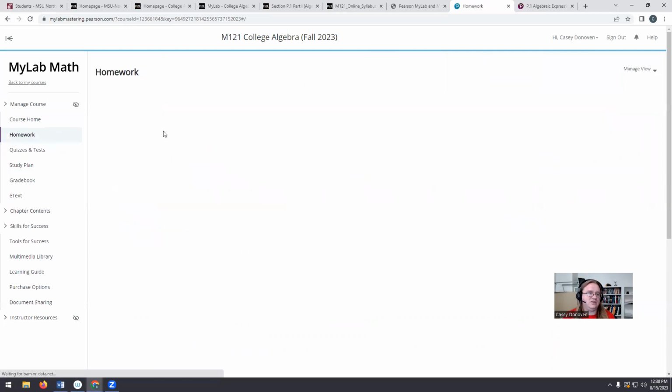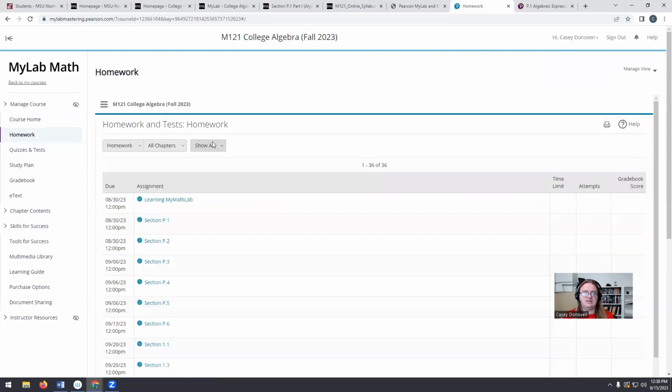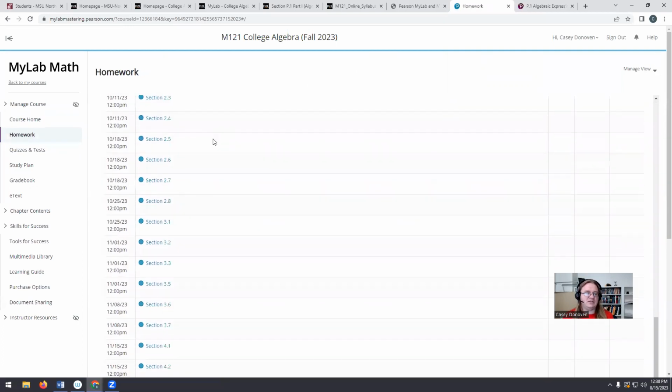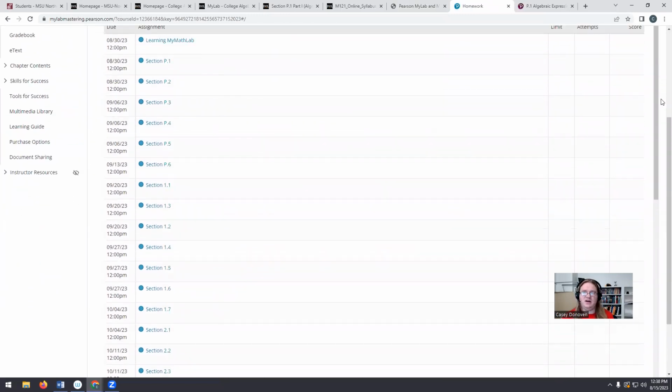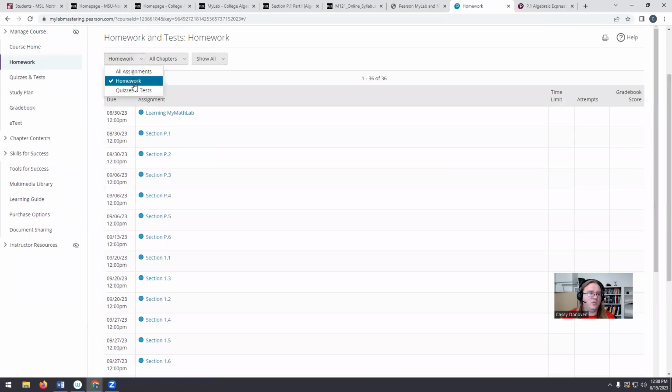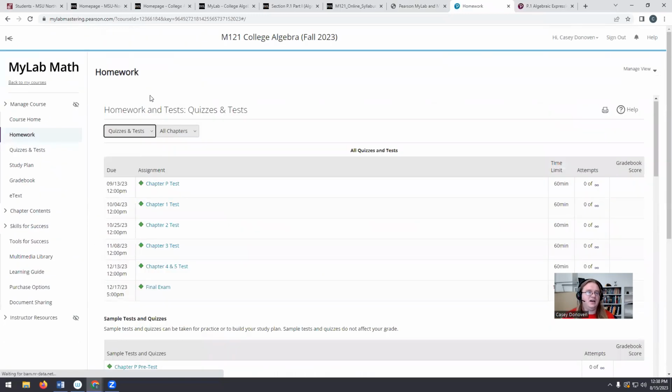In particular, you'll be able to see a list of all the homework for the entire semester. It is all already open, including if I go from homework to tests and quizzes. You can see that I have the chapter tests and the final exam already up. So if you wanted to work ahead and finish the course in a month, you could.